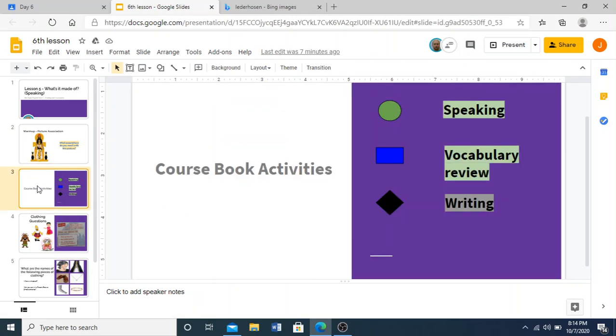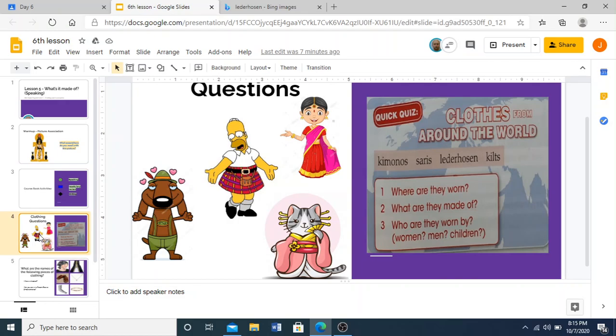For today's activities, most of the work that we'll be doing can be found in our course books. So in our course book today, that is what we will be working on, and we shall be doing speaking activities, some vocabulary review, and a bit of writing. So let's dive straight into what we have to do. The first task for us is to answer this quick quiz,